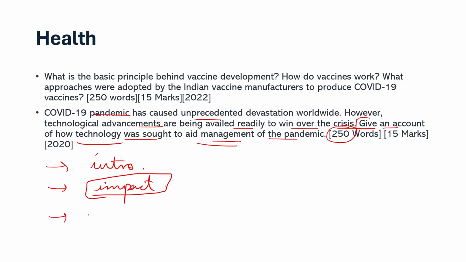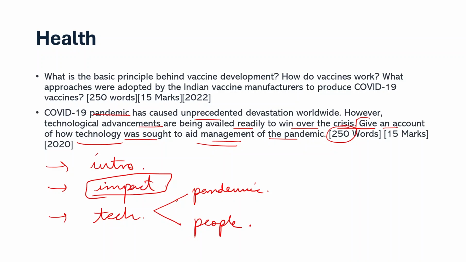That will naturally flow to the next part, which is technology. How did technology help in the management of the pandemic? So you can again divide this use of technology into one for the pandemic, which is the general management of the pandemic, like development of Arogya Setu apps, or your temperature thermometers, all those things. And the other thing can be how it helped people during the pandemic,